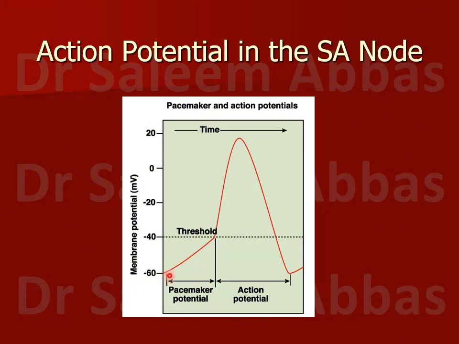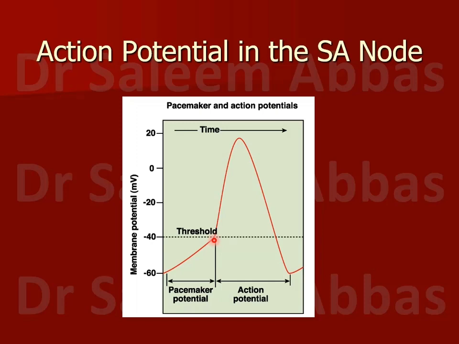So because of this constant leakiness of the sodium ions gradually into the fibers, the negativity inside is gradually reduced till it reaches -40. Okay, and the moment it reaches -40, the voltage gated calcium channels open, and the calcium ions diffuse into the fibers, which results in this depolarization. And remember that this depolarization in the SA nodal fibers is because of the opening of the calcium channels and not sodium channels, like in the ventricular